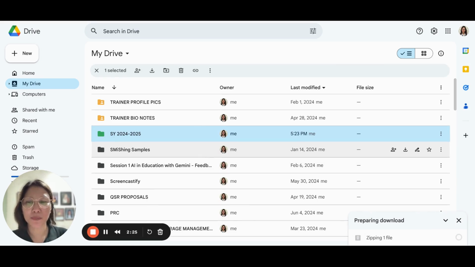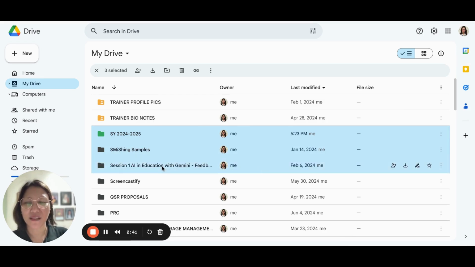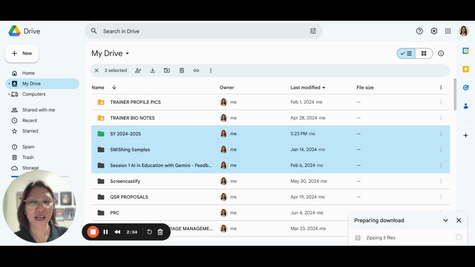How about multiple folders? Is it also possible? Just like with multiple files, it's also possible to download multiple folders. So again, click on a folder, then hold the Command or Control button, then click on the other folders that you would like to download, then right-click, then choose Download. Again, you would be notified that the download is being prepared, and then you'll also be notified when the download is ready. Take note that when you're downloading folders, all of its contents will also be downloaded.